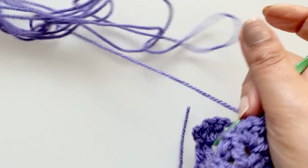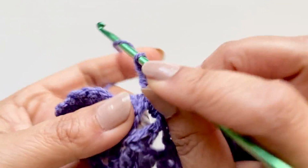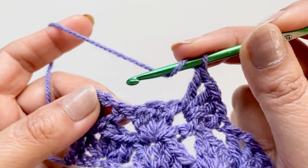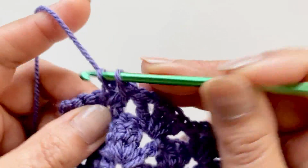For any reason, I do have separate videos listed. You can go and have a quick look at those, get your hand around how to do those and then come back, or you can slow me down here. Into that space, 3 double crochets,